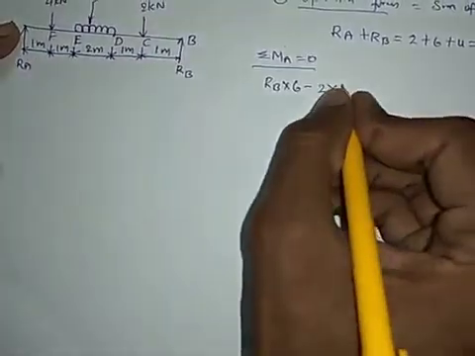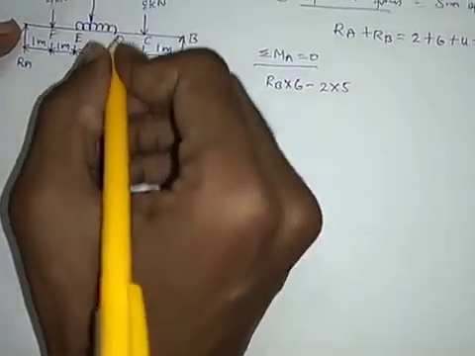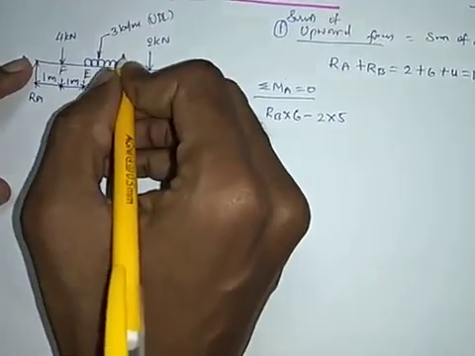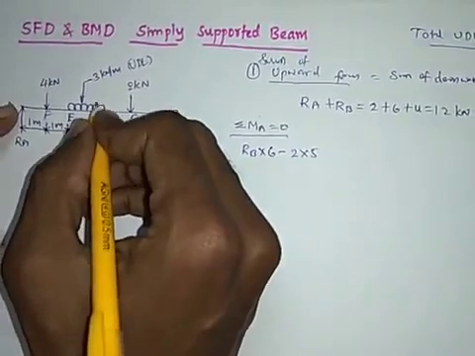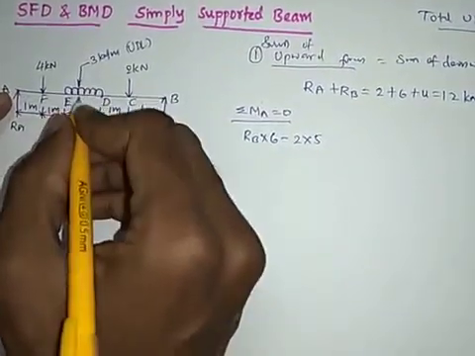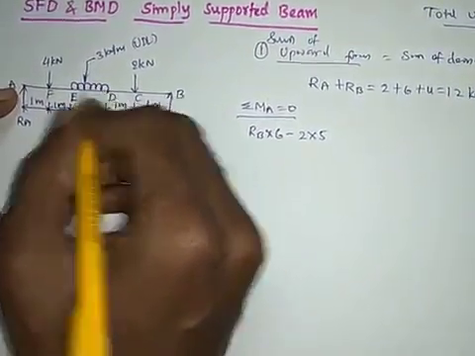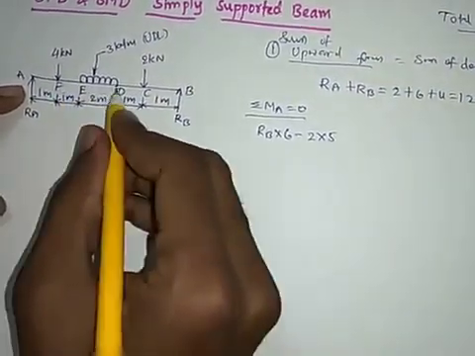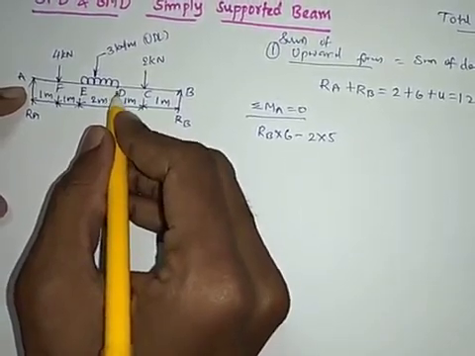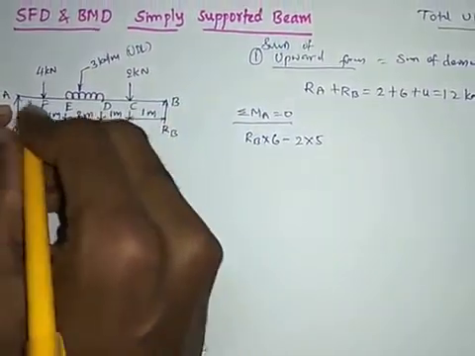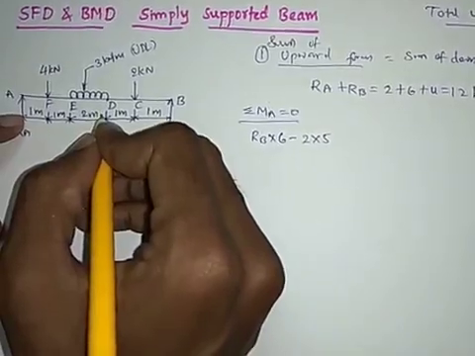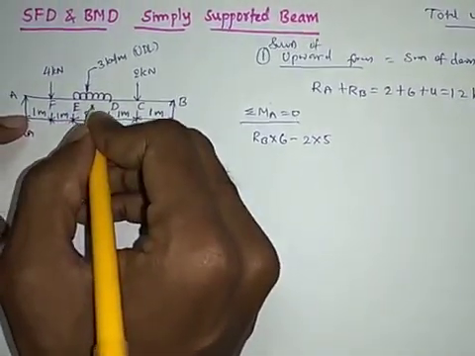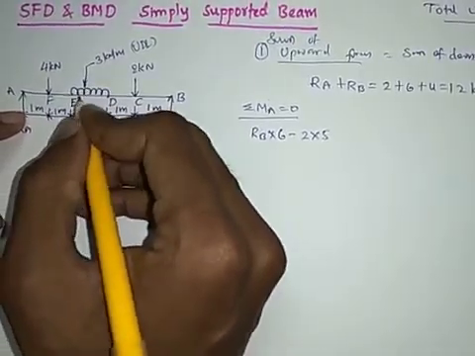3 plus 4, 5. And here, to calculate the moment because of the UDL, replace this UDL as a point load and find out the moment, because if the UDL is like this, we cannot calculate the moment about any point, because it has this length, and where to start, where to keep this UDL, and how to calculate the distance is difficult. So replace this UDL as a point load and calculate the moment because of this UDL.